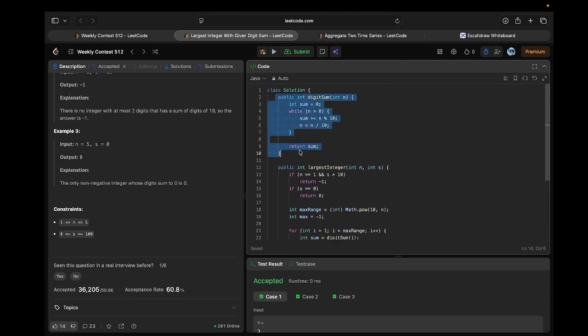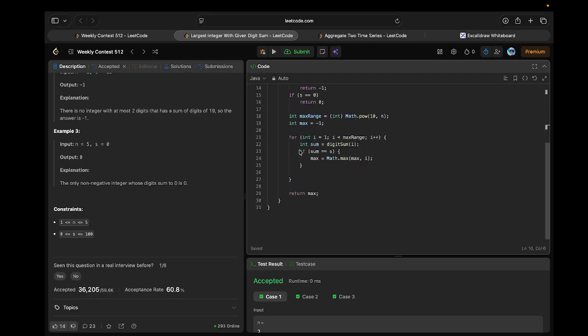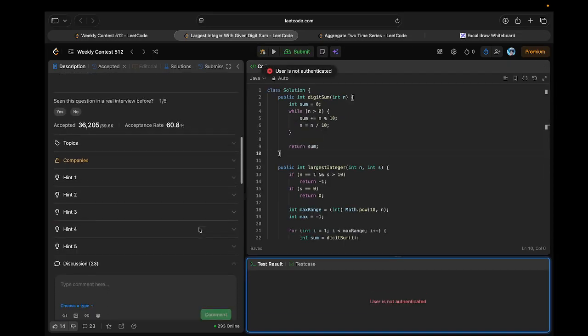And this is the function which I have written, which is just calculating the digit sum, right? So this is the first problem, which is